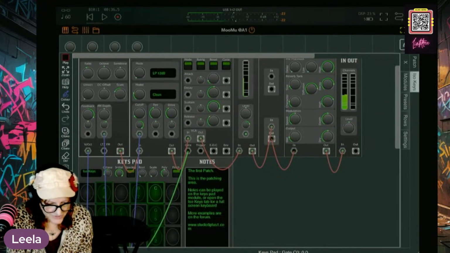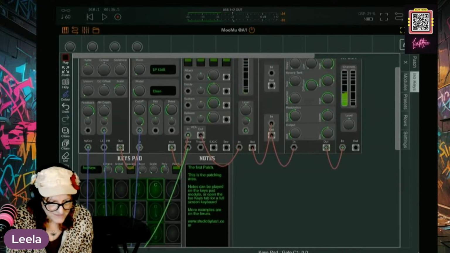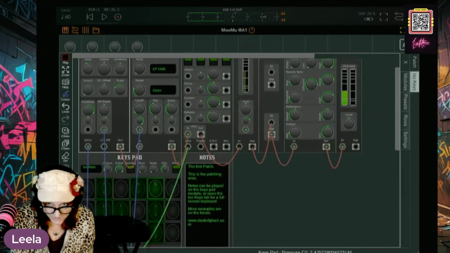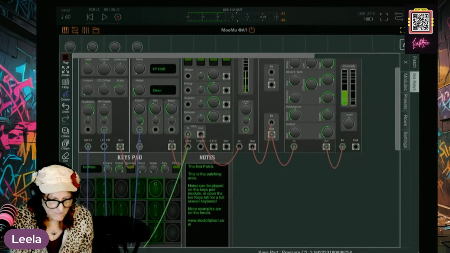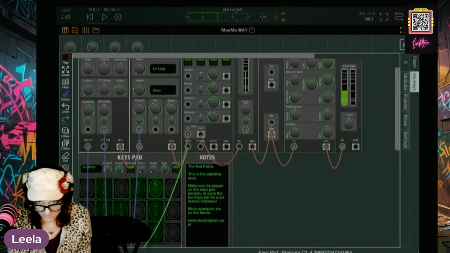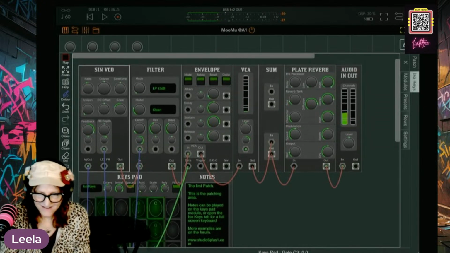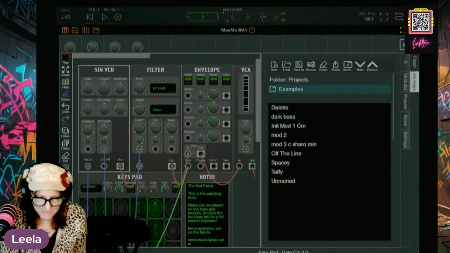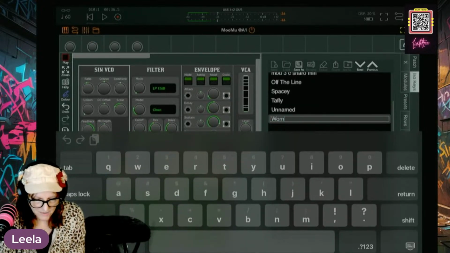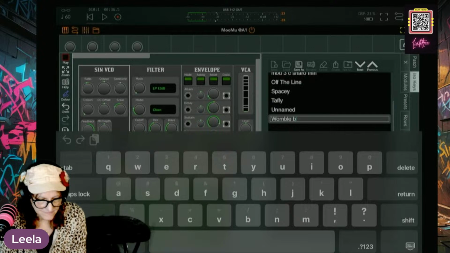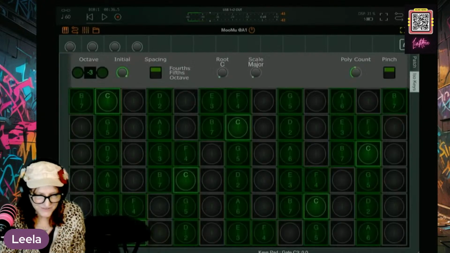And the aftertouch is what's called pressure. And that's going to the cutoff, which is why you get that kind of wobble. This is like a womble bass. I'm going to give that a preset name too. Save as womble. But you could take your womble bass going into your keypad.